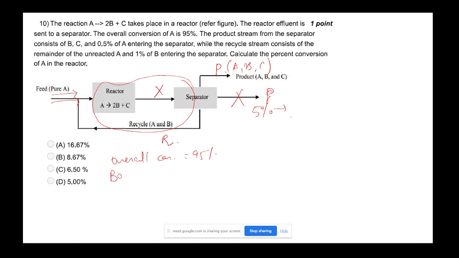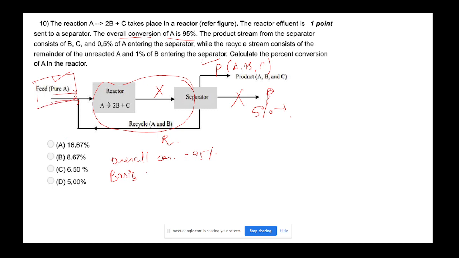Let's take a basis here. For solving any such questions, we take a basis. How do we take a basis? Based on what we are given in the question. So analyze the question and decide. Since we are given the overall conversion, the basis should be such that we should be able to find out certain values. Here we are given the overall conversion of A. Now overall conversion involves feed F and this stream. So it is better to take this as